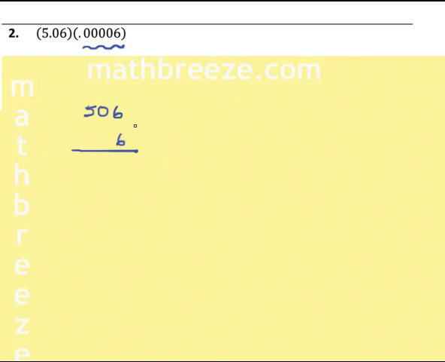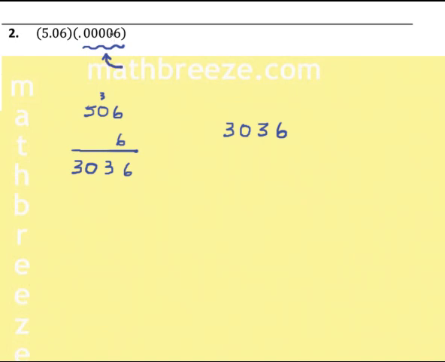So here, let's multiply 506 times 6. Here we have 36. Okay, 6 times 0 is 0, bring down the 3, and 6 times 5 is 30. All right, now let's write this over here, and now let's count how many decimal places we need in our product. Well,